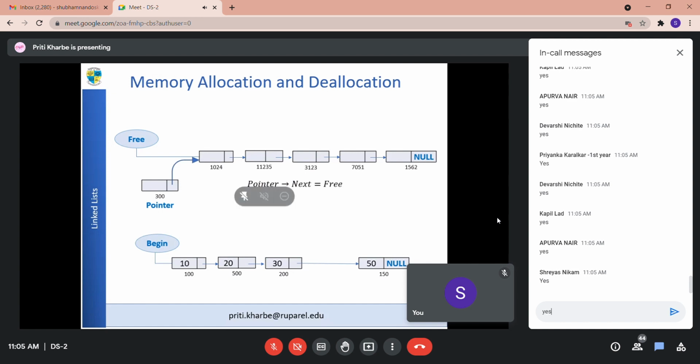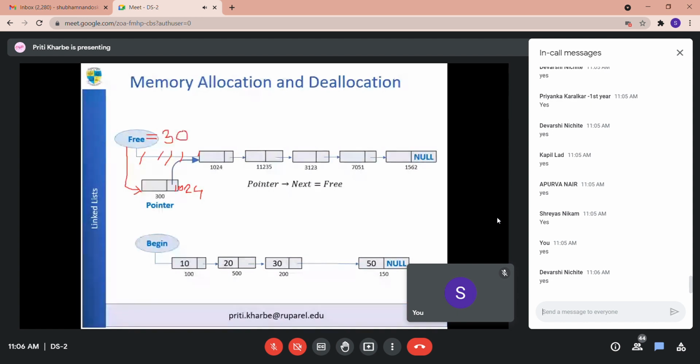Right? Now this particular statement will store 1024 in the next part. So automatically this node is pointing to this node. Now I should have something like this. Automatically this link is broken. Then only is this a proper list. So free is pointing to 300, and then you can traverse the entire free storage list. Do you agree? So if I want to say free is equal to 300, in short, in the free pointer variable, I should have 300.